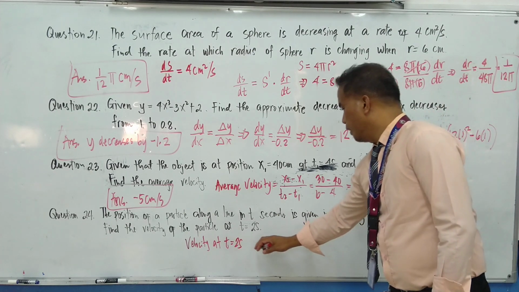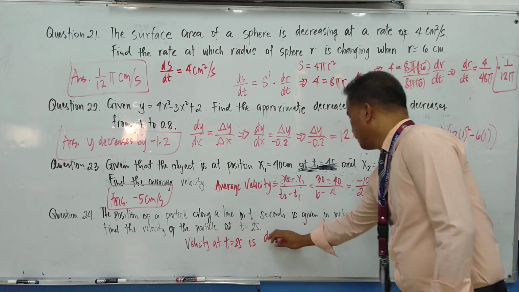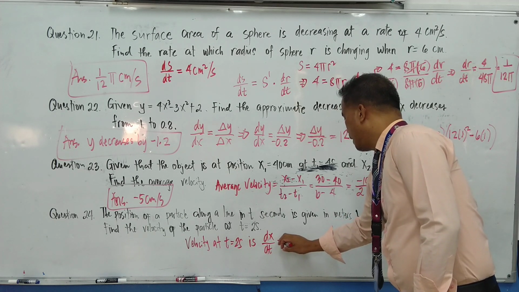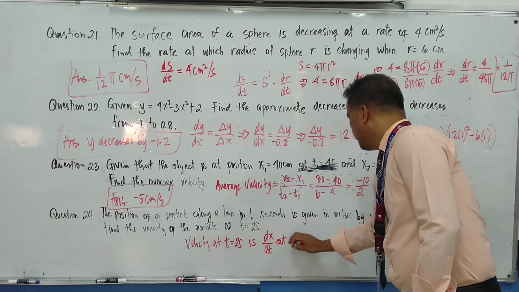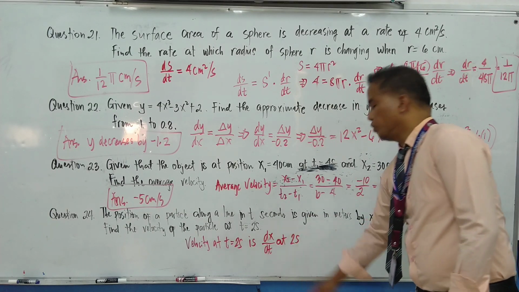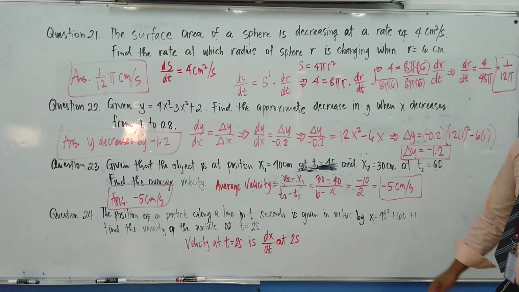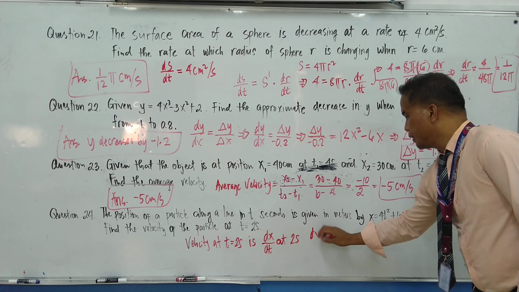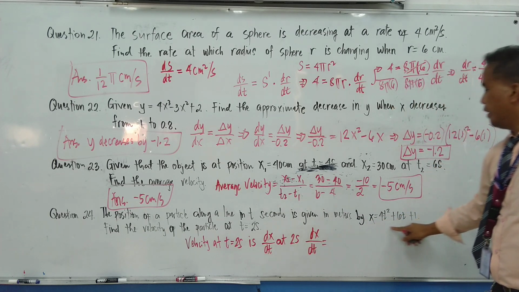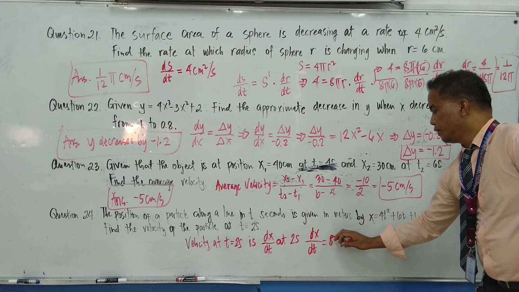Then it is dx over dt at t equals 2 seconds also. Okay, now what will be the solution? So we have dx over dt is equal to, get the derivative of this, 4 times 2 equals 8,